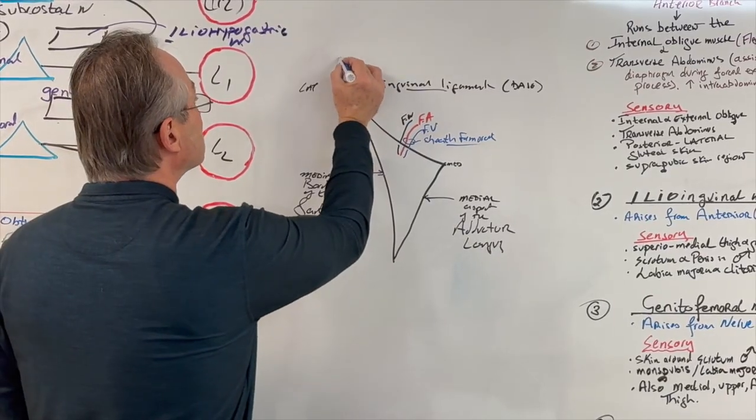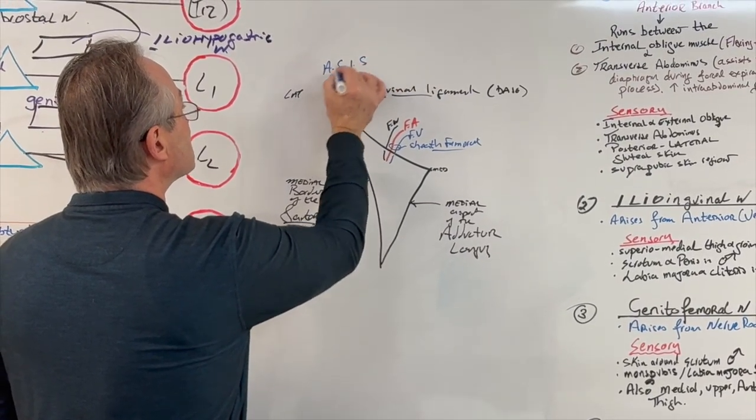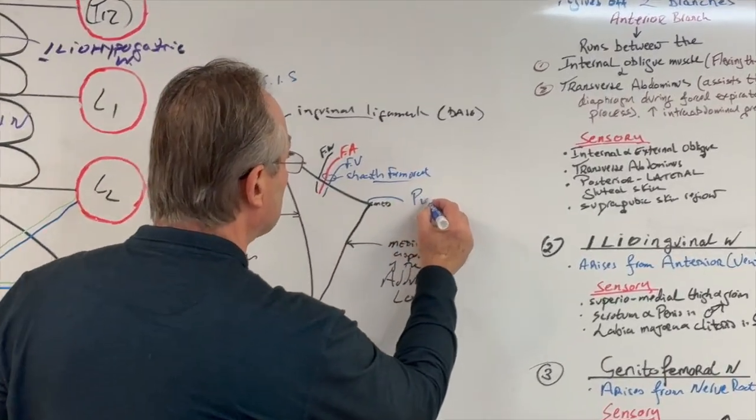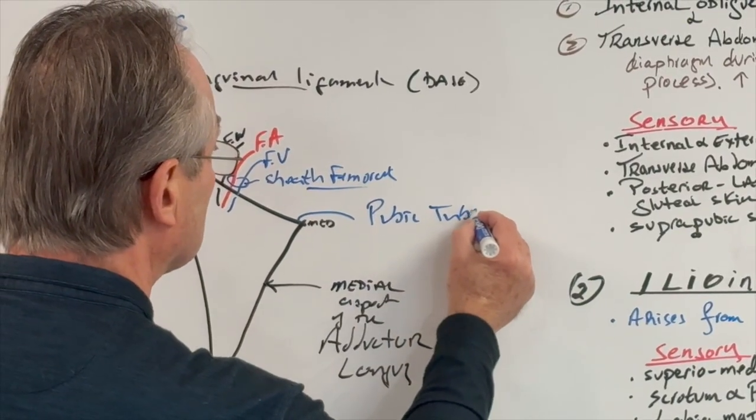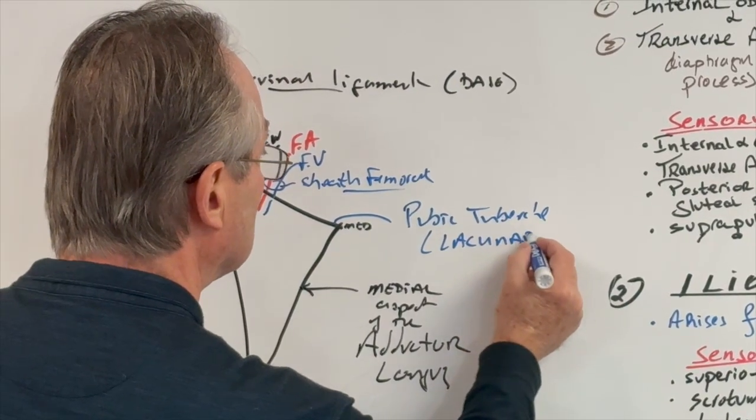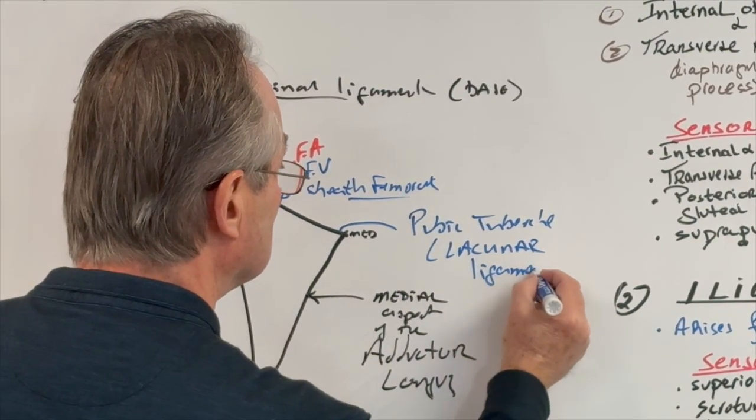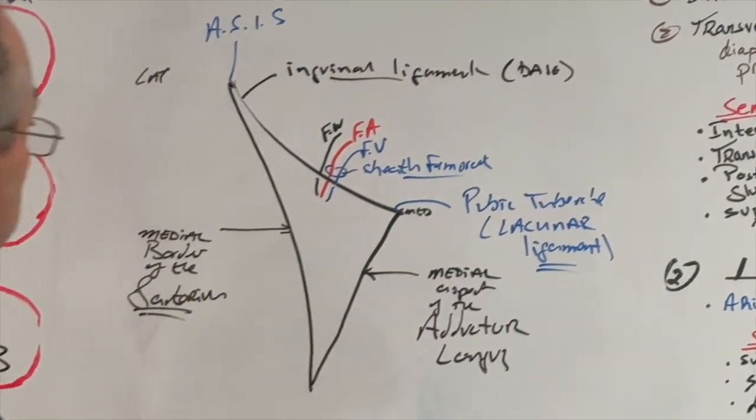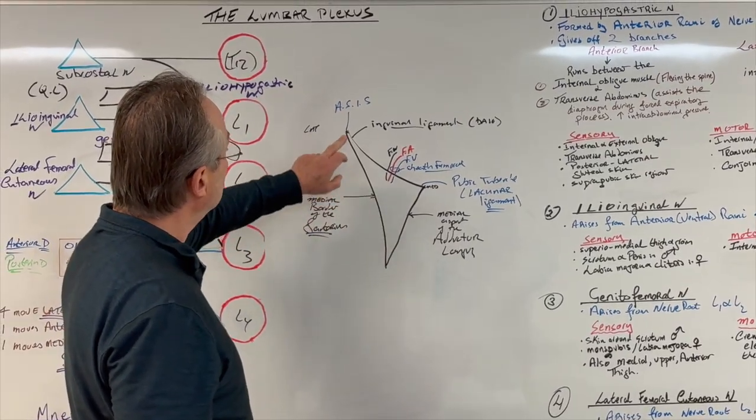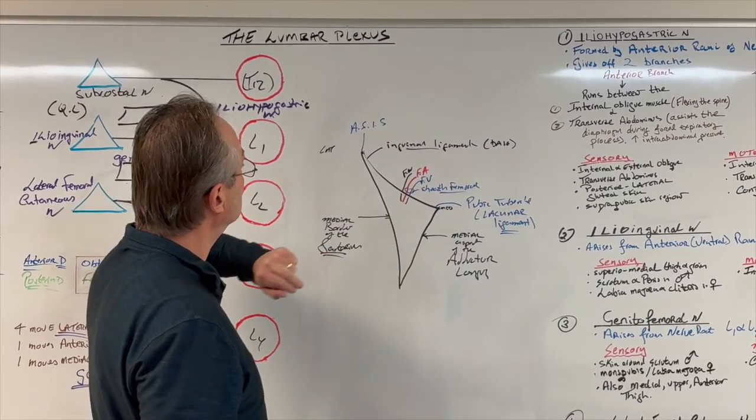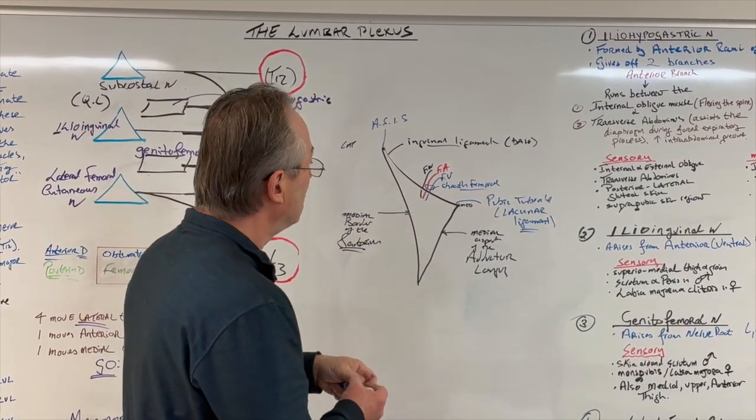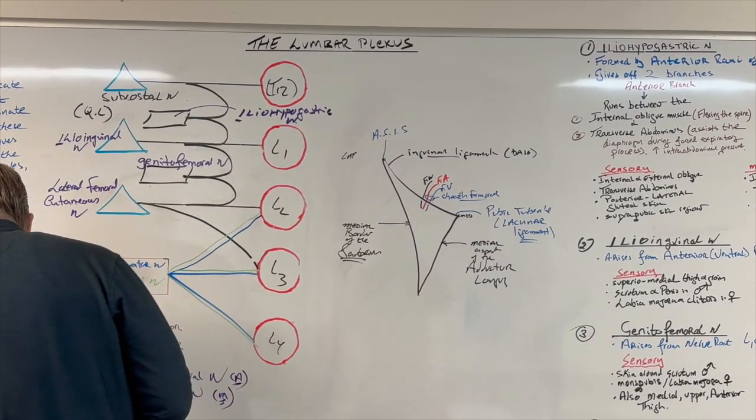The inguinal ligament arises from the anterior superior iliac spine and goes down and it inserts here on the pubic tubercle. Okay, the lacunar ligament. Okay, so we have the medial border, the adductor longus, the lateral border, the sartorius, the inguinal ligament from the anterior superior iliac spine to the pubic tubercle of the lacunar ligament. But then we also have